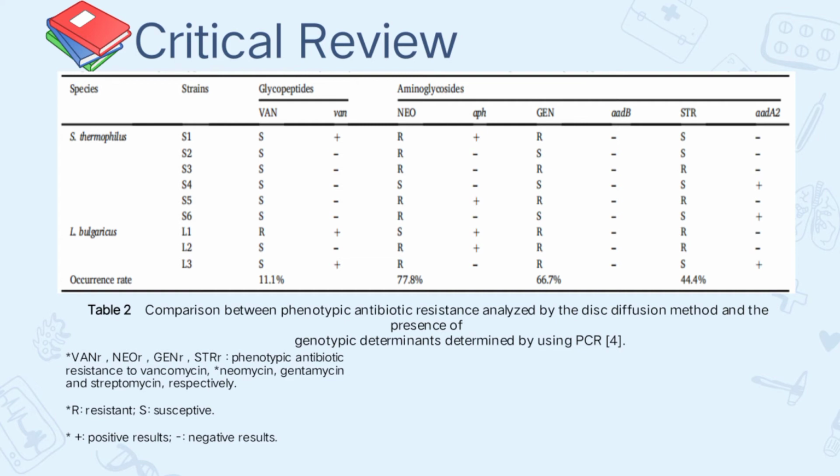These data were in accordance with other reports of a high percentage of lactic acid bacteria strains that were resistant to aminoglycoside. Membrane impermeability has been regarded as the main mechanism behind the resistance of lactic acid bacteria to aminoglycoside, because most species of this genus lack the cytochrome-mediated electron transport that can mediate the antibiotic uptake.